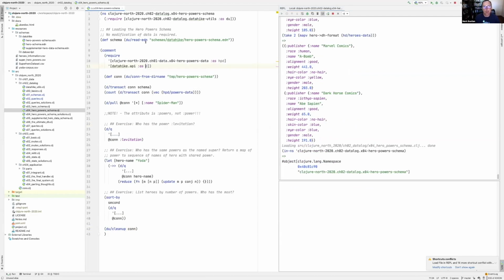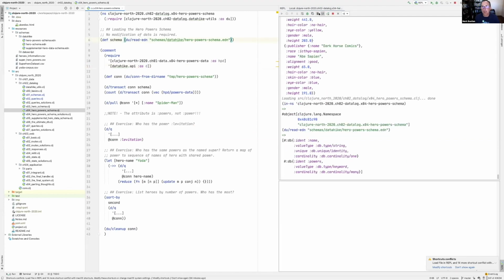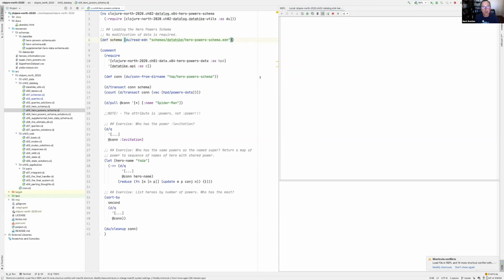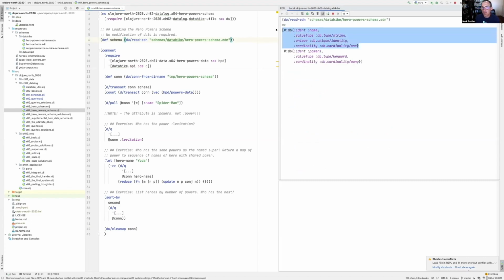And so now we're going to look at our schema for hero powers. And so I'm just going to dump that right there on the console. And so hero powers is a very simple schema. It's just the name of the hero, which establishes identity. This is really important though, because now in my last namespace, that same block,